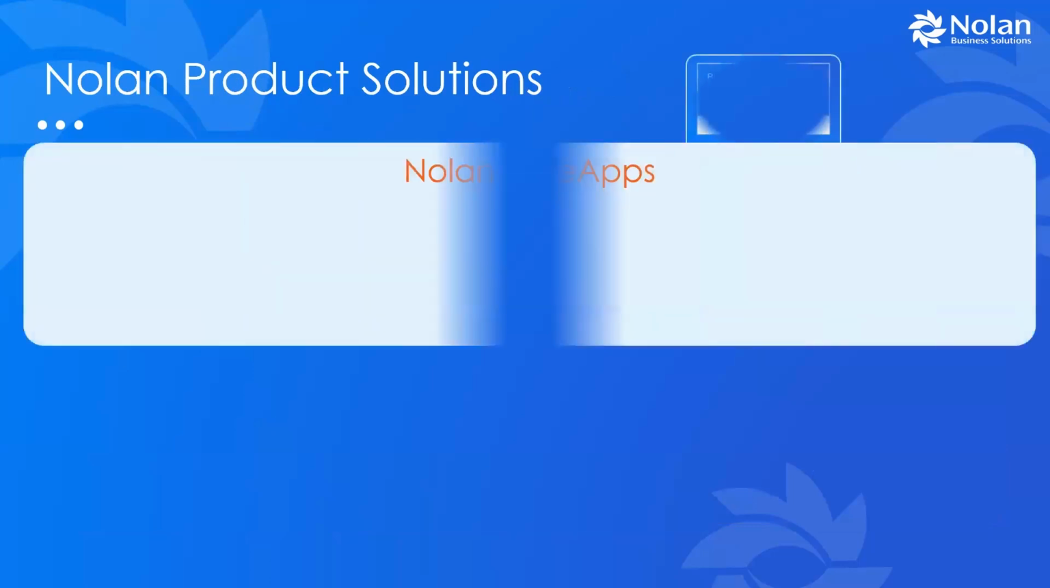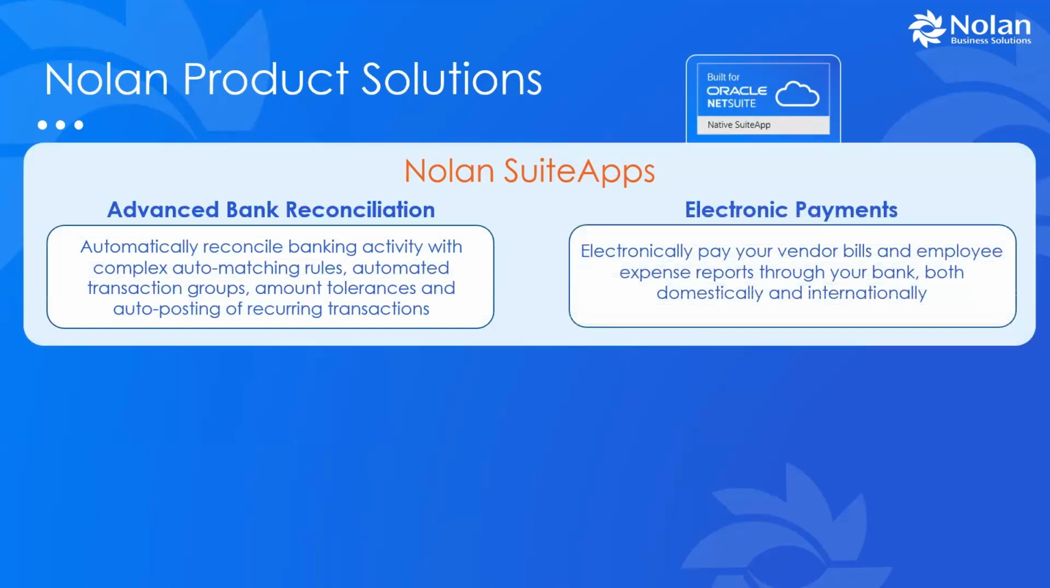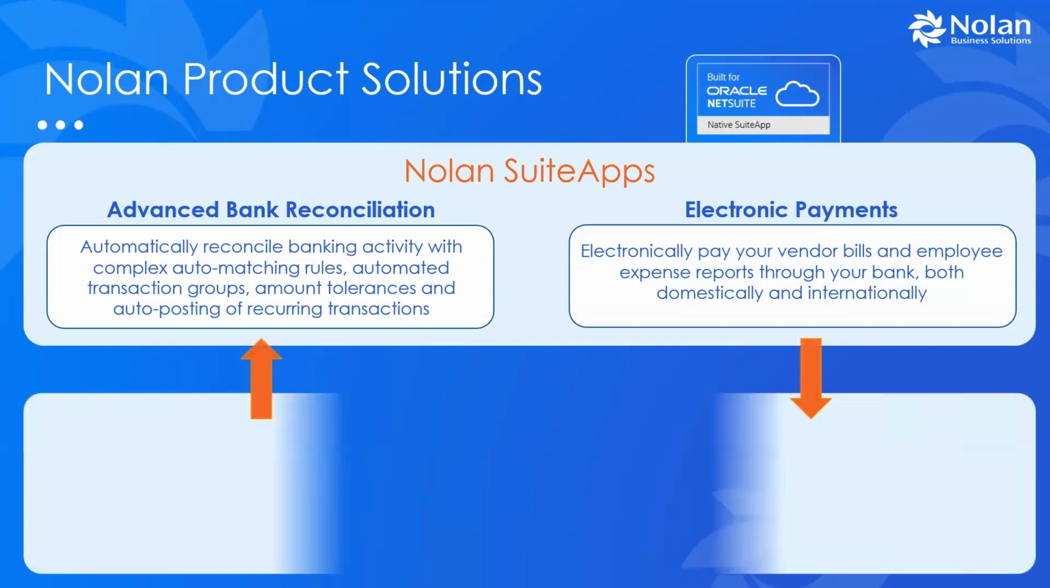We're here to talk about our product solutions. At a high level, we have two main suite apps that are all around cash management, to help you automate your cash processes, starting with our advanced bank reconciliation module that helps automatically reconcile banking activity, not only for bank transactions, but also merchant gateways and corporate credit cards. We also have our electronic payment module that will help you electronically pay your vendor bills and employee expense reports, along with a